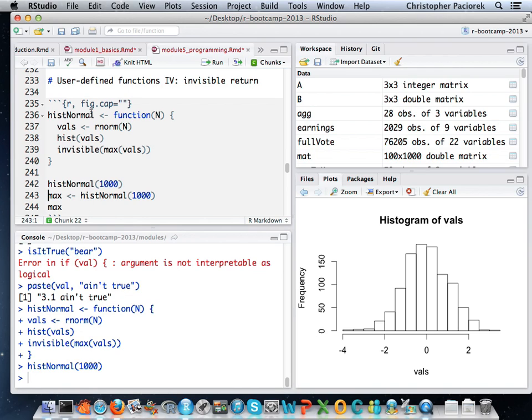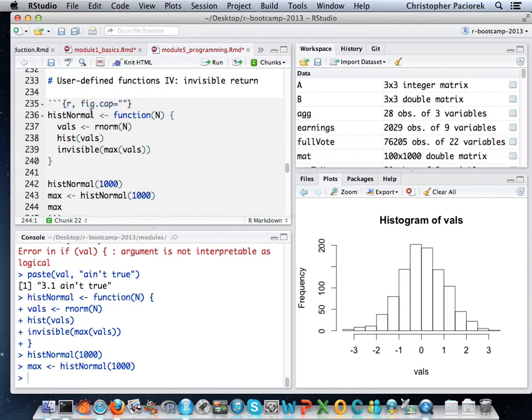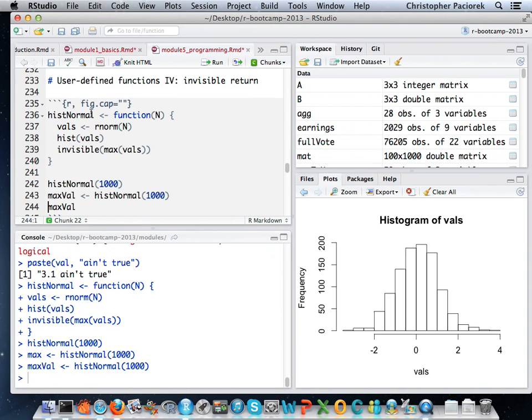What we can do instead is set max equal to histNormal, where max is a terrible variable name. Let's call it maxVal, because there's a function named max. Why is it a terrible variable name? Yeah, we don't want to mix up. I may have totally screwed up the namespace. Yeah. So there's a function named max that's built into R. So I'll probably talk about this tomorrow a little bit, but naming stuff that's the name of the standard R function is sort of confusing in code.